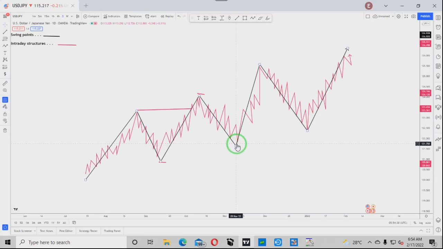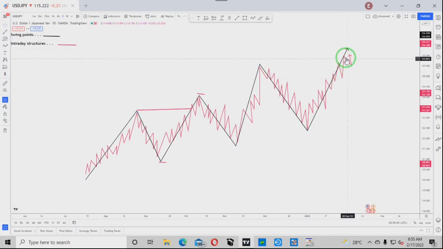I want you to understand this. It pushed up again to break this previous swing point here, and created a new swing point, which is a new higher high, a higher time frame higher high, and then pulled back to form this higher low. This is a major swing low, and then price pushed up again to break the previous swing point to form a new higher high. Can you see that?